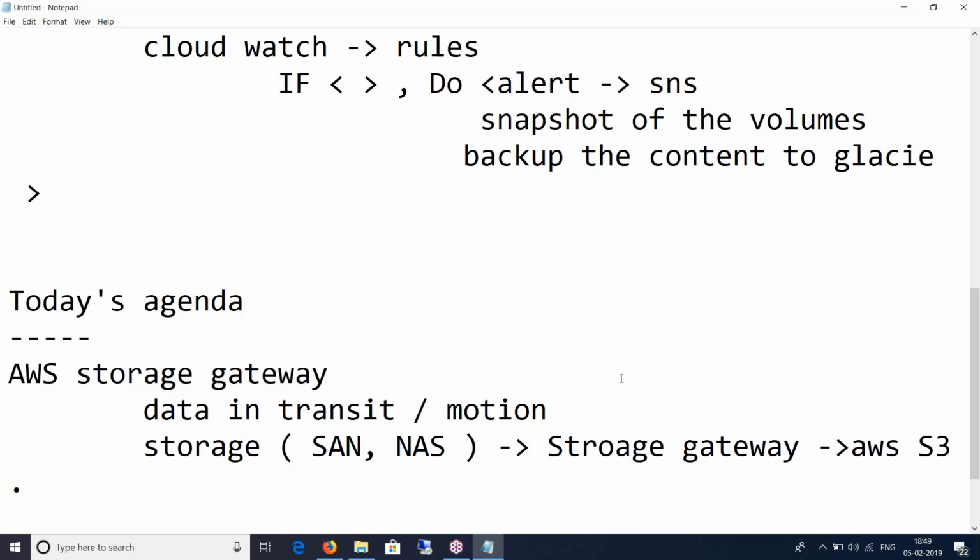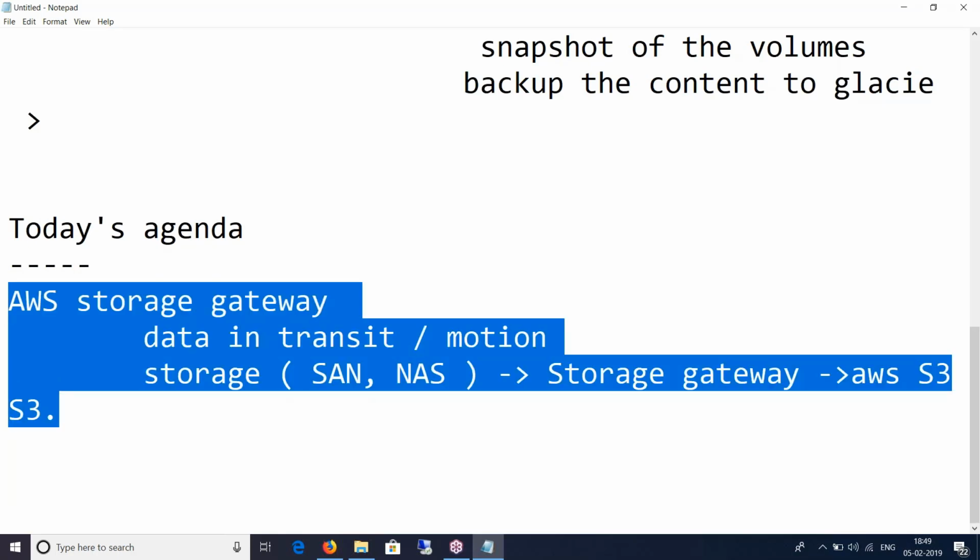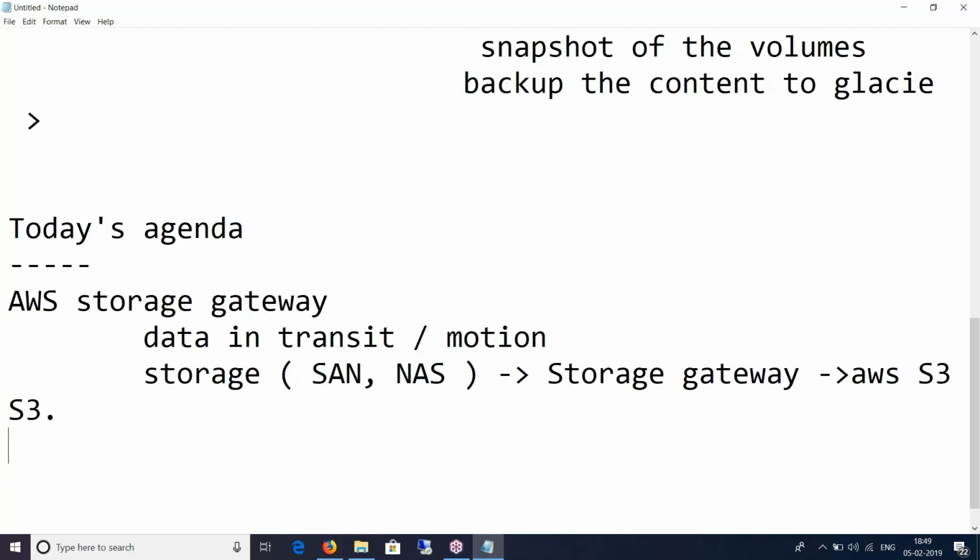So this is just an introduction to what a storage gateway is. There's a lot of things that we'll talk about, including the deep dive of storage gateway and architectural diagrams that I'm going to show, or maybe draw on MS Paint, so that we can retain these things for a longer time. These two will be done cumulatively in a lab. So we will have a full end-to-end lab setup for this. Let's see how that goes, provided I have blessings from demo gods today. It's a lot of blessings we need from demo gods to have a proper demonstration.